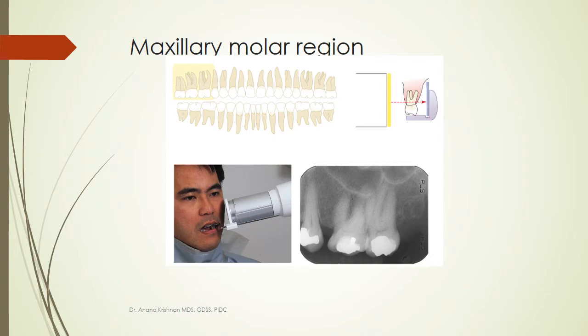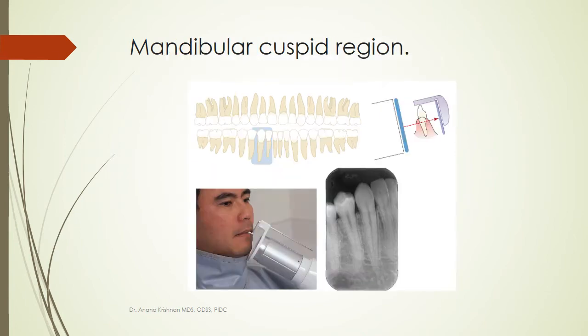But in the upper tooth, it is not going to be very comfortable. You have to take it almost to the mid palate area to achieve some amount of height where you can place the film to some extent, and also there will be a little bit of tilting, which is very normal, nothing to worry about. These kind of variations that happen while using this apparatus and taking an IOPA, you will be able to understand much better when we show you a live demonstration, or you can also refer to the YouTube videos that have been posted in the PIDCU tab. This is for the mandibular